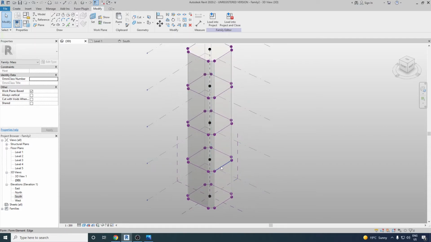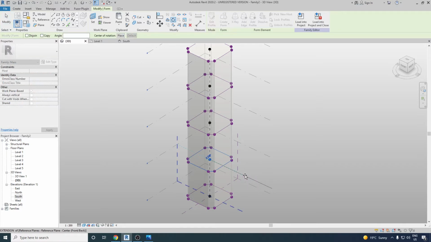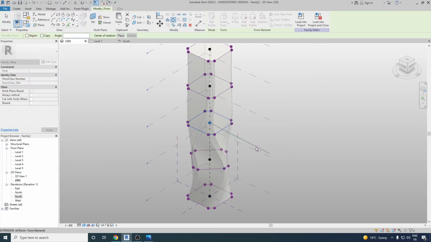Very carefully, let's select the entire cross section by pressing the tab, not the edge. We need to select the entire cross section. For that, press tab, then go to modify, click on rotate, and carefully give an angle of 45 degrees. Now you will see it's rotated 45. The next one should be exactly 45 plus 45, that is 90. So again, select the same thing, press tab, select the edge, click on rotate, and this time 45 plus 45, that is 90.